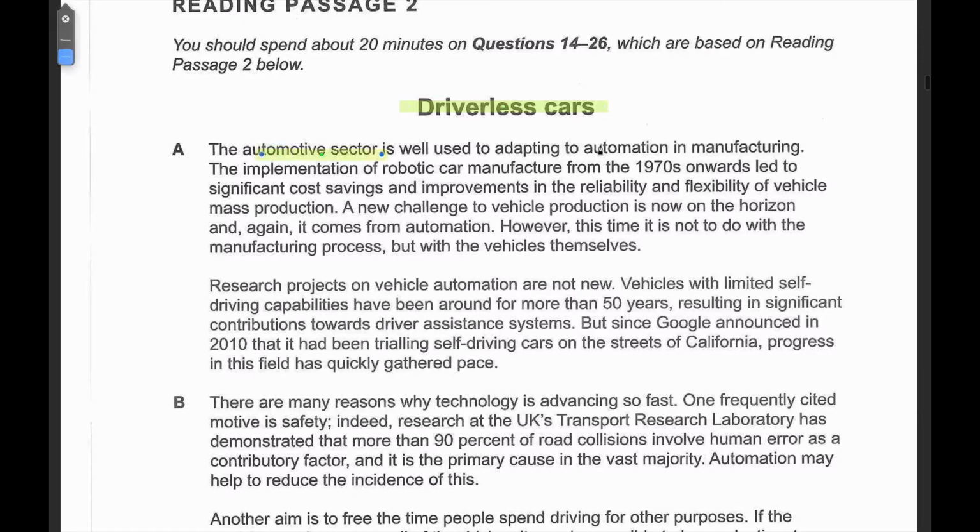就是那个汽车产业它已经非常习惯有 automation in manufacturing 生产的一个自动化了。The implementation of robotic car manufacture from blah blah onward led to significant cost saving and improvements in reliability and flexibility of vehicle mass production. 就是这个机器大生产的一个实行，它已经提高了 mass production 那个生产效率。A new change to vehicle production is now on the horizon. 这个在视线之内的一个东西呢，是一个新的变化。It comes from automation, 是自动化的一个变化。